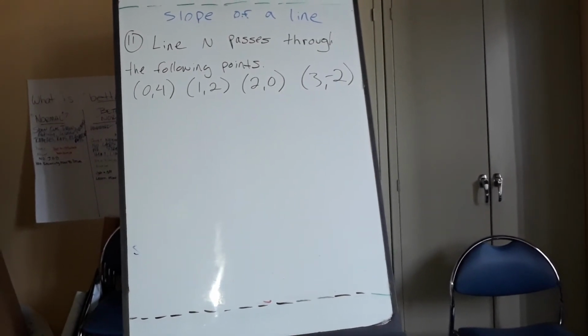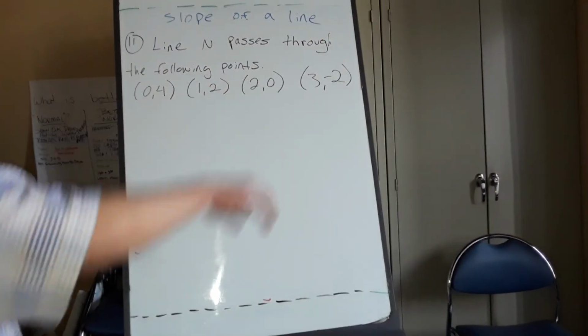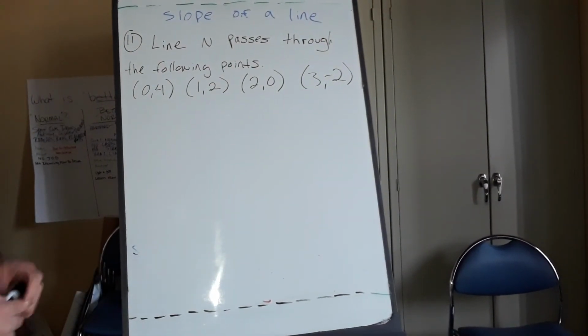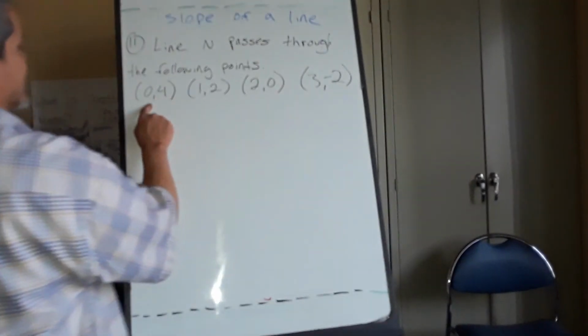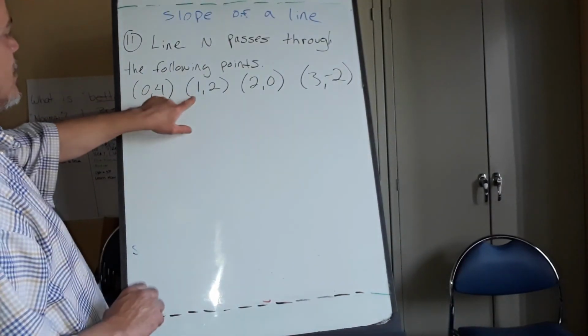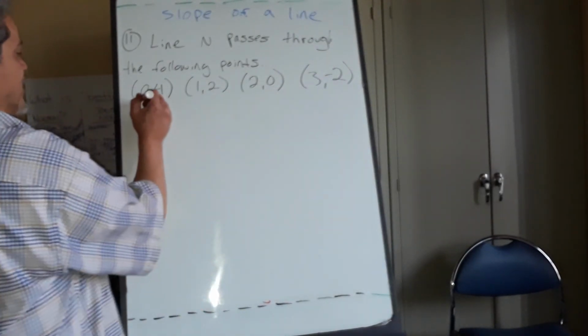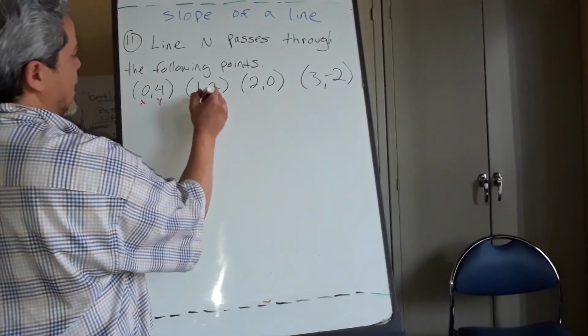The question is, line N, just happen to call it line N, passes through the following points: 0, 4, 1, 2, 2, 0, and 3, negative 2. Remember, our x and our y